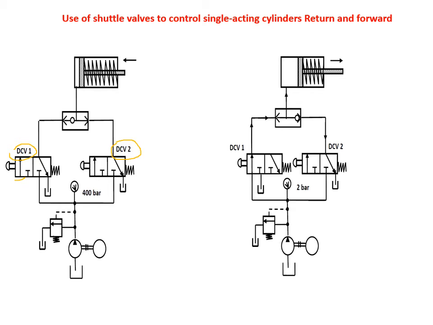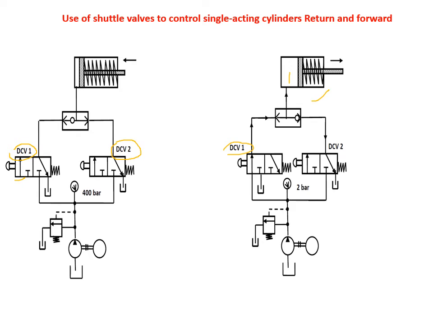Now whenever you want to make sure that there should be an extension position, then this second diagram will show you the extension of the actuator. You can see that from the high pressure pump, the fluid will go through DCV1, and because it is going through DCV1, naturally this shuttle valve will shift its position to this side, and the fluid will go to the cap end side of the actuator, because of which this actuator will extend and this spring will get compressed.